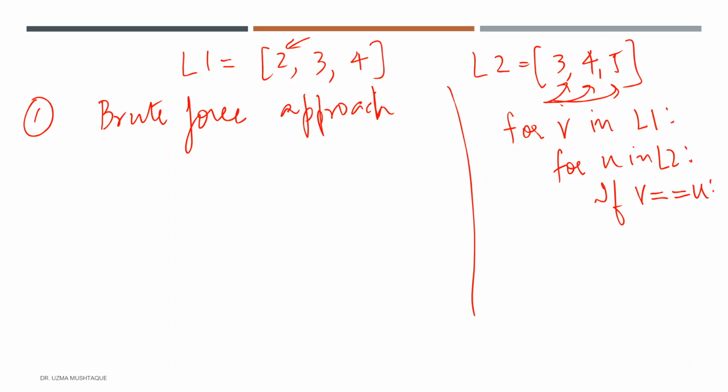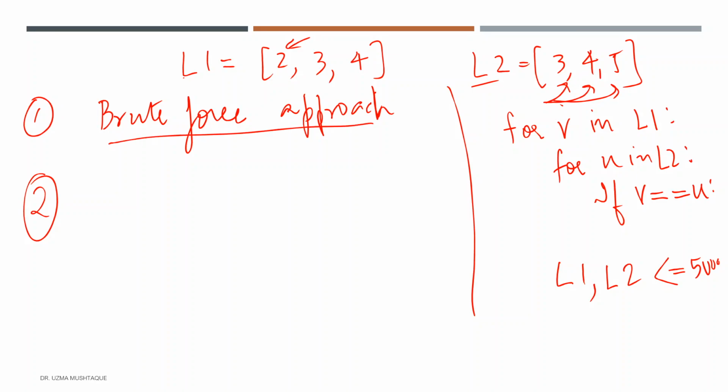I can see that this might be time consuming in certain situations if L1 and L2 are huge. In our problem, if the constraint says that L1 and L2 cannot exceed 50, then this might work as well, so you can just go ahead and implement this. However, if the constraint said that this could be 5,000, in that situation, I want to improve this, and I'll come to complexity. We'll better understand then why, because it will obviously take more time. So in that case, I have to build upon my brute force approach here.